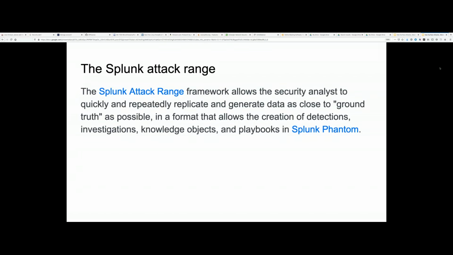The reason this was developed was to try to get as close as possible to ground truth, and also produce data that was readable, sparse, and able to be analyzed. As you will see as well, you'll be able to build responses upon it, because we do have plugins for SOAR as well. So next,